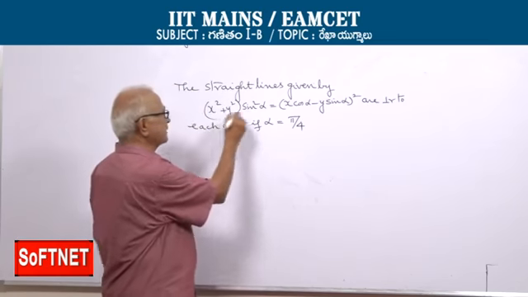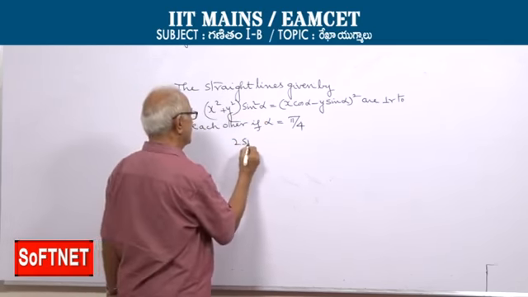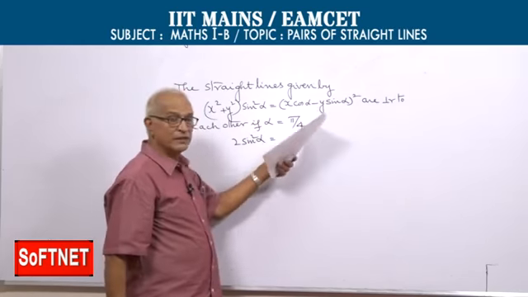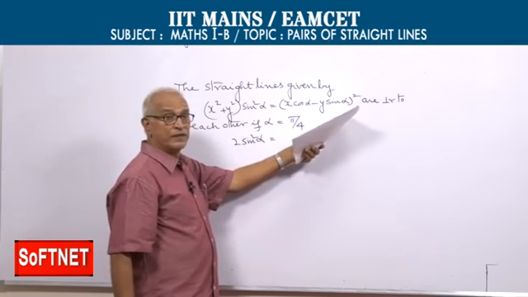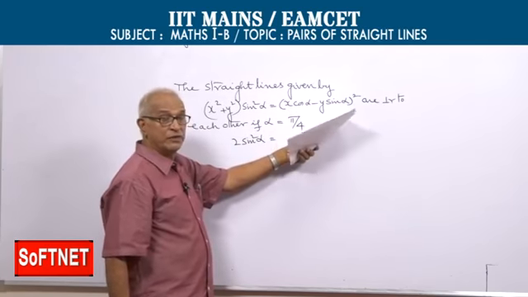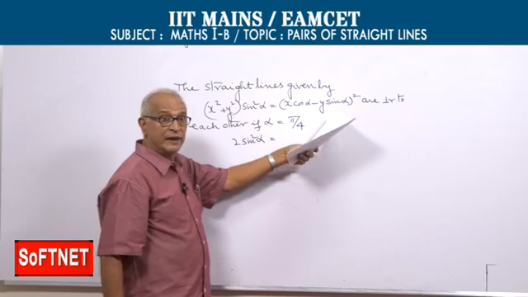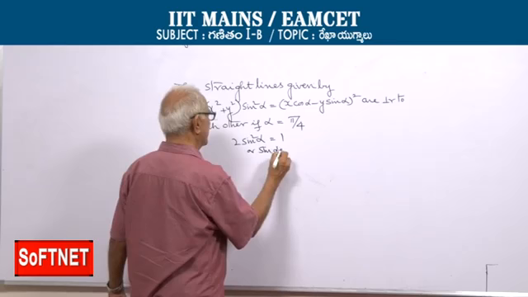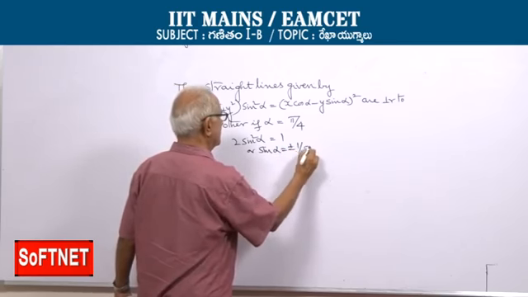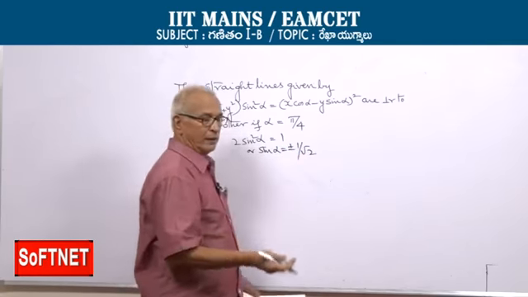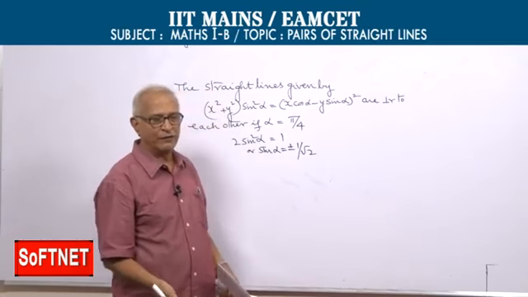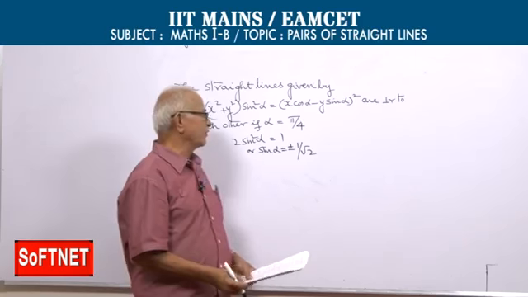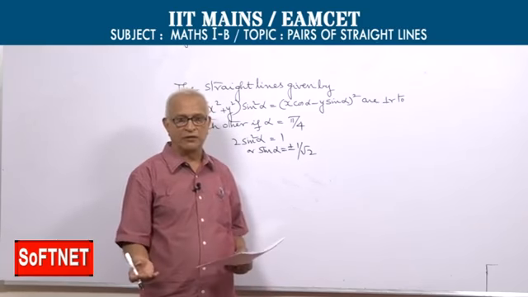So what is the sum of the coefficients of x square and y square on the left hand side? 2 sin square alpha. And the sum of the coefficients of x square and y square on the right hand side, cos square alpha plus sin square alpha, x square cos square alpha plus y square sin square alpha. These are the terms containing x square and y square. So that is 1. Or sin alpha equal to plus or minus 1 by root 2. Well, there will be several values for alpha for which sin alpha can be either plus 1 by root 2 or minus 1 by root 2. One such value of alpha is pi by 4, which is given as one of the options in the question.